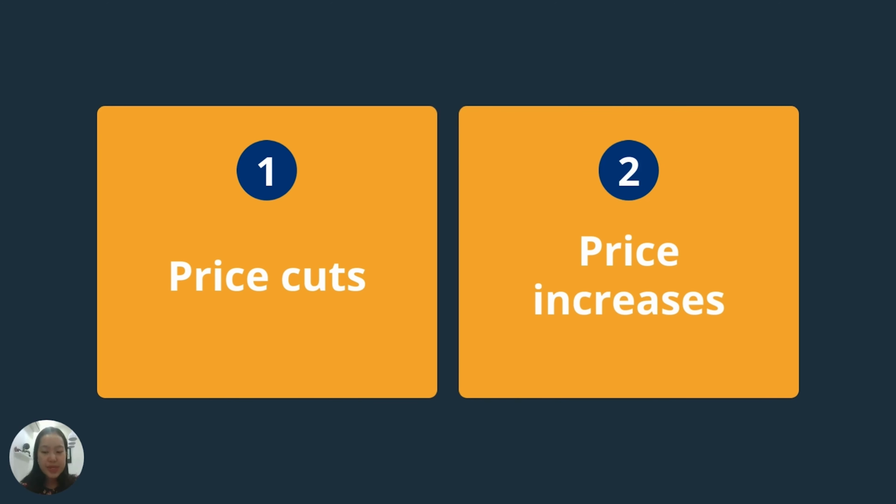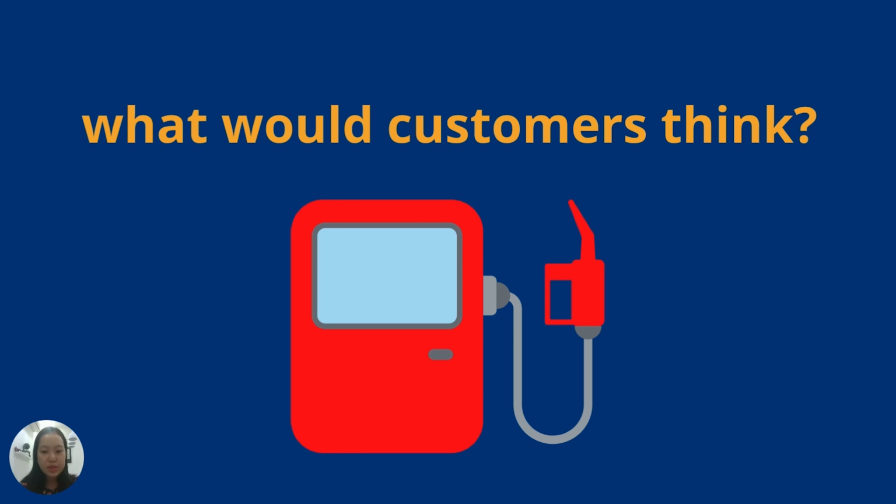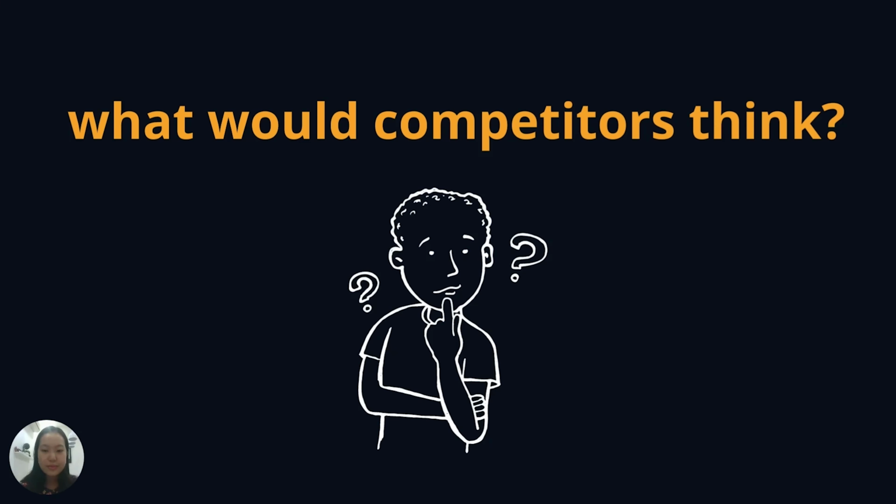Whenever a company wants to change the price, it would consider two questions. The first one is, what would customers think? Sometimes people take a price change as a positive action because they believe in the increased quality or attributes of the products. But sometimes they might react badly. Take the example of gasoline, a very hot item that has been plunging in recent days. When gasoline prices rise rapidly, consumers are very angry and accuse manufacturers of wanting to enrich themselves.